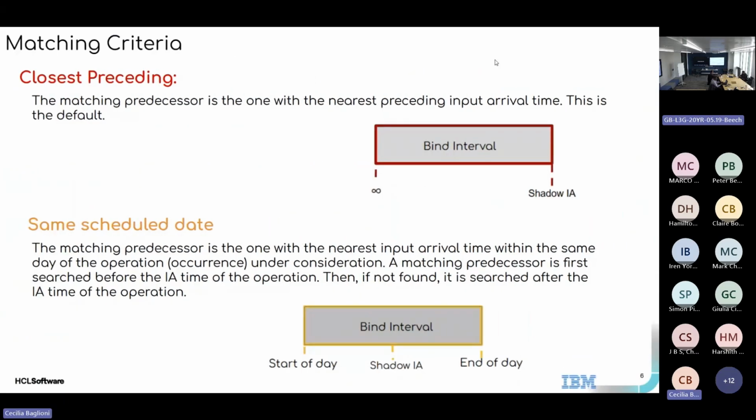Now we can focus on the matching criteria. The default value is the closest preceding. In this case, the matching predecessor is the one with the nearest preceding input arrival time. For closest preceding, the user doesn't need to define a bind interval, but we have, in this case, a sort